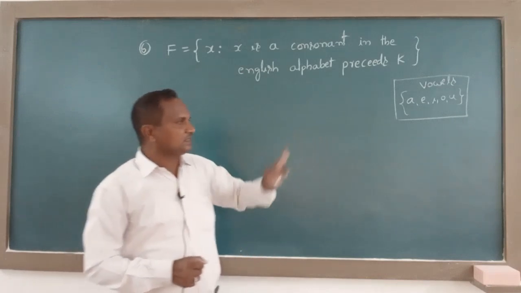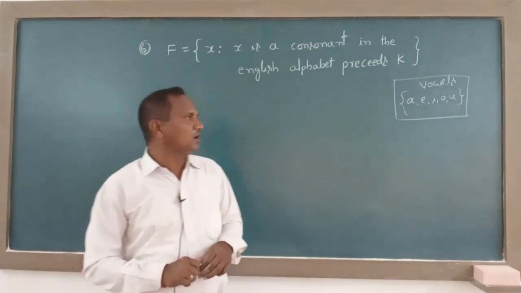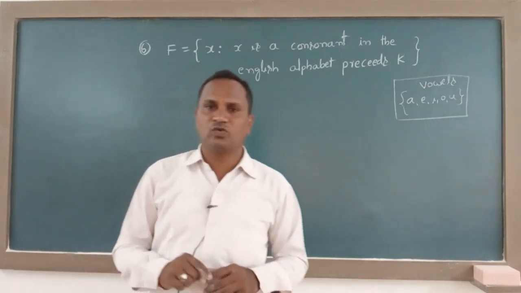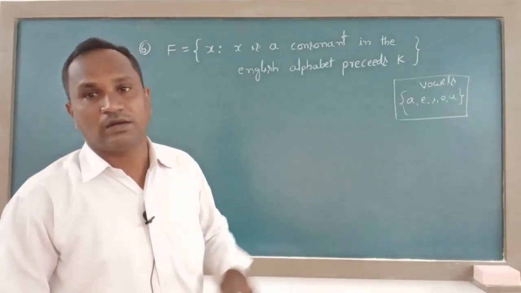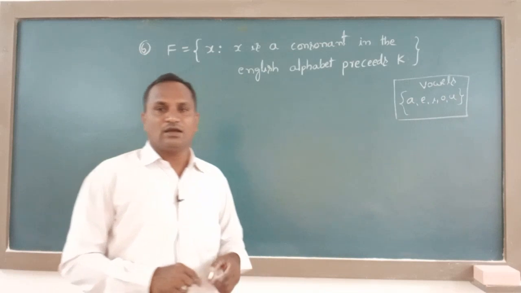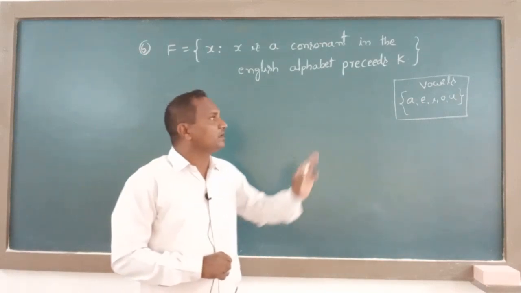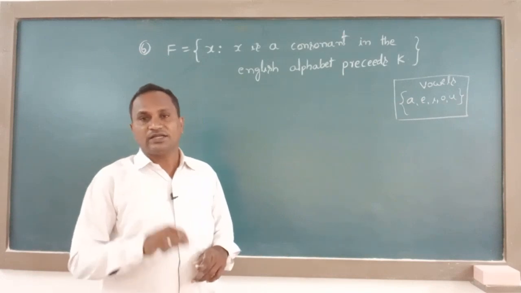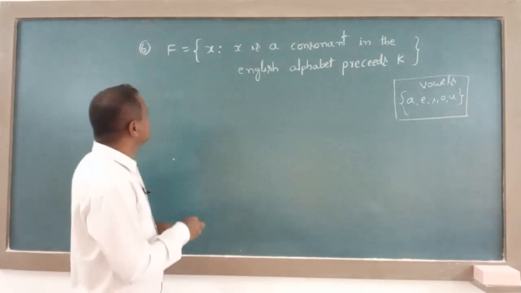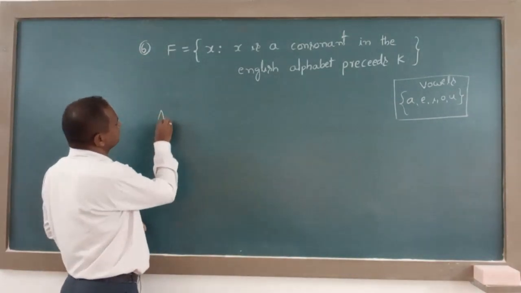Here vowels means A, E, I, O, U. Other than those, the remaining are all consonants. But those consonants should be before K. Precedes K means before K. That we should write here. The answer for this question is